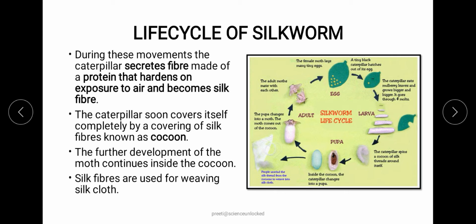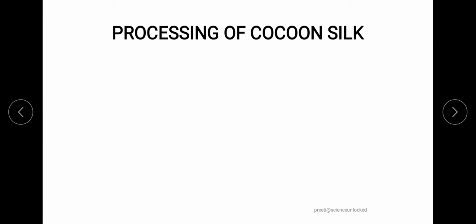So that is one thing that is a part of the rearing and breeding of the silk moth under the processing of sericulture phenomena. Now, as we have understood the whole life cycle of the silkworm, we have also understood what particular stage is the most important stage and how we can achieve it. So, we have a proper processing of the cocoon silk, or we can say the silk moth on the whole,